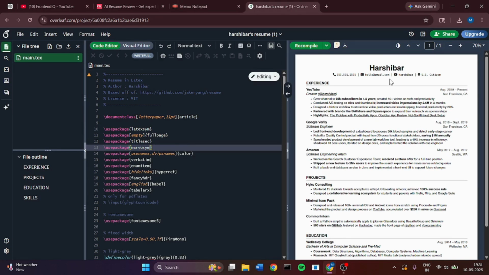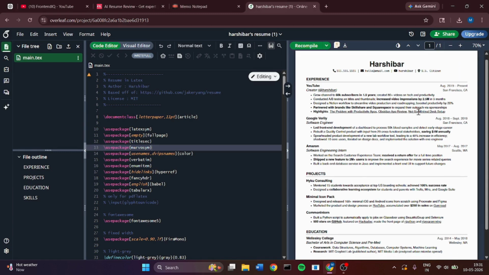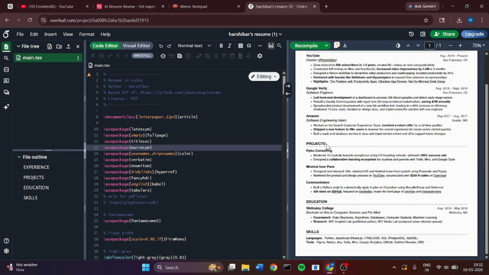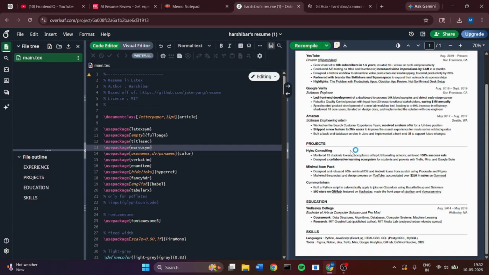First of all it includes the phone number, email ID, YouTube channel, then location. After that some experience, projects, education, skills. So it includes most of the options.